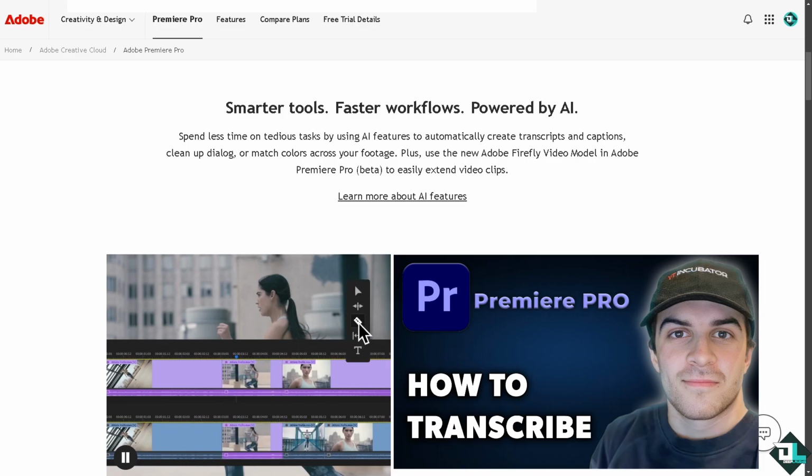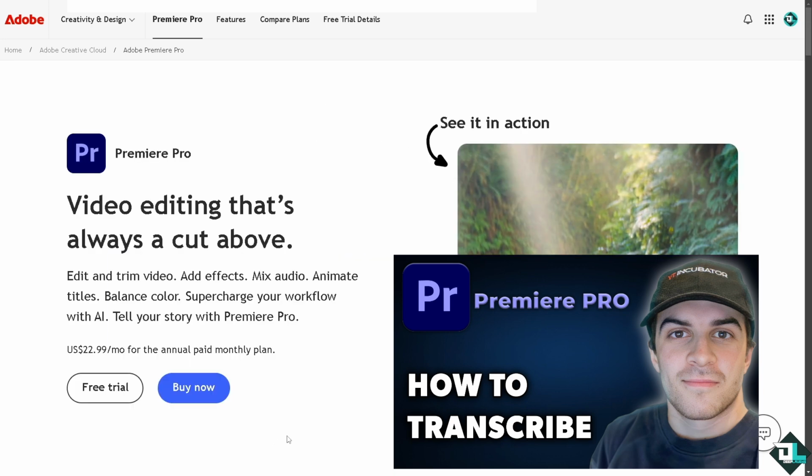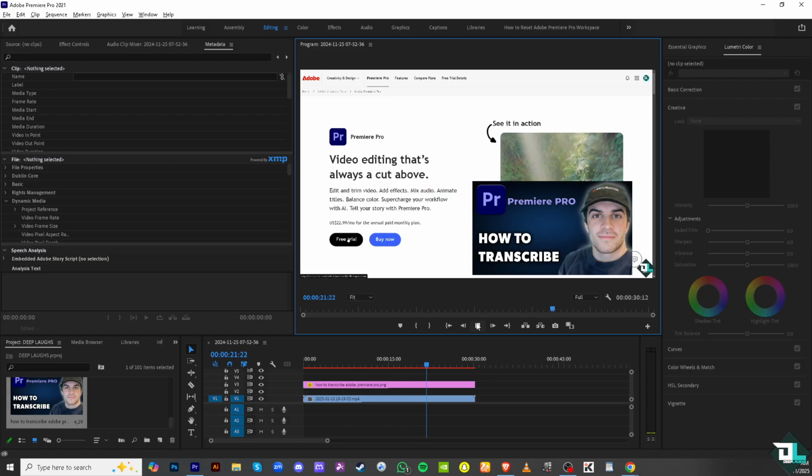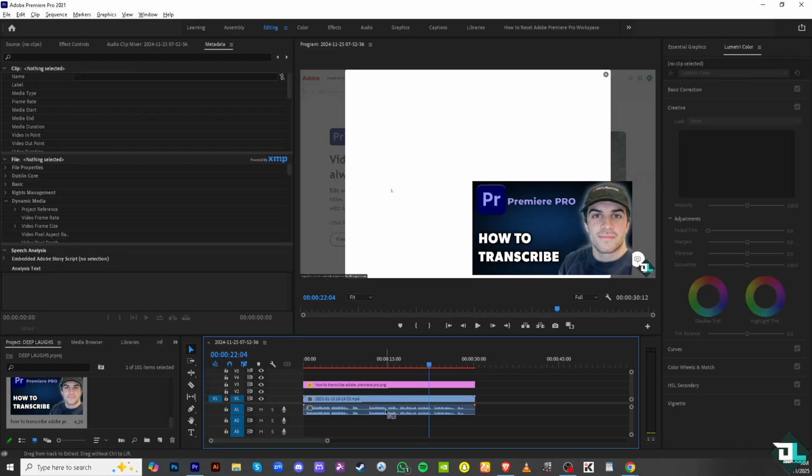To transcribe audio in Adobe Premiere Pro, you can use the built-in speech-to-text feature. This feature automatically converts spoken dialogue into text, and you can use the transcription to generate captions or simply to view the text. How can we do it? Number one is, you want to make sure that you are using Adobe Premiere Pro from the 2020 version up to the recent one, because if it's older than that, you're not going to be able to use this speech-to-text